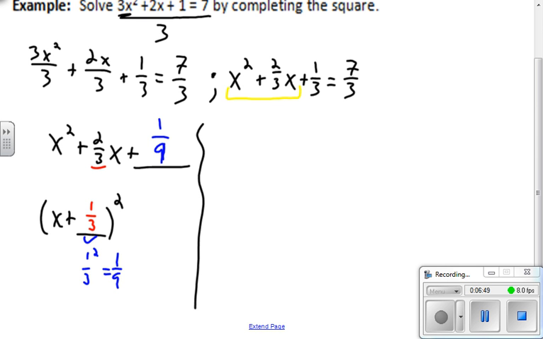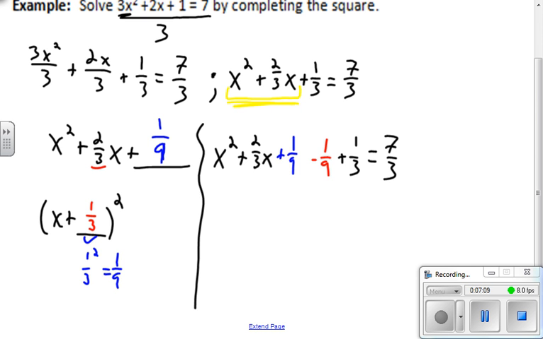So, rewriting this all, we'd say x squared plus 2/3 x plus 1/9 and minus 1/9 plus 1/3 equals 7/3. Remember, this was the part that we were trying to get into a square. That's this piece right here. And we know that this is going to be the same as this. So we have x plus 1/3 squared